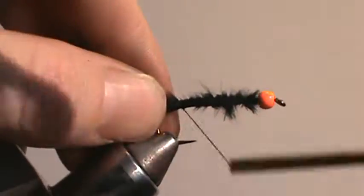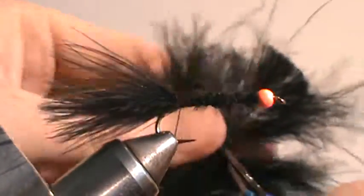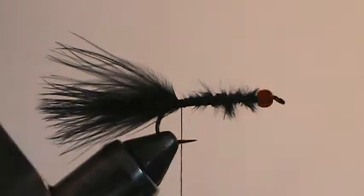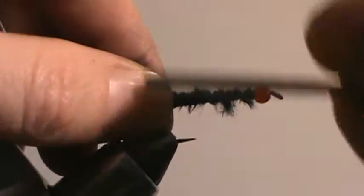So wrap right back to there, and then I still come in with that same marabou feather, trim off those cut tips that you just used right there, and then you'll have these other natural tips. And stroke that back, and this one I do trim off right there because it has that big thick feather, whatever you call it,